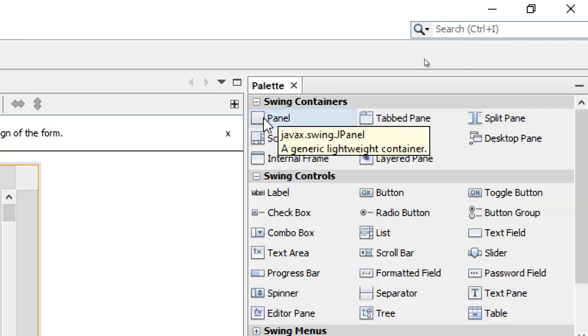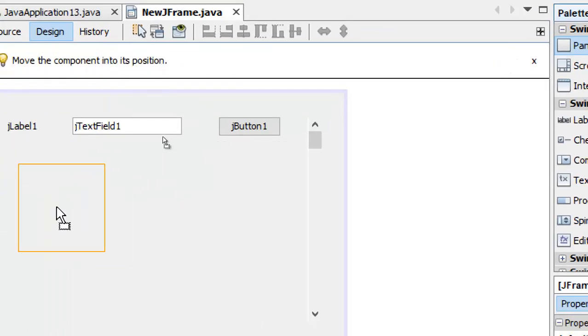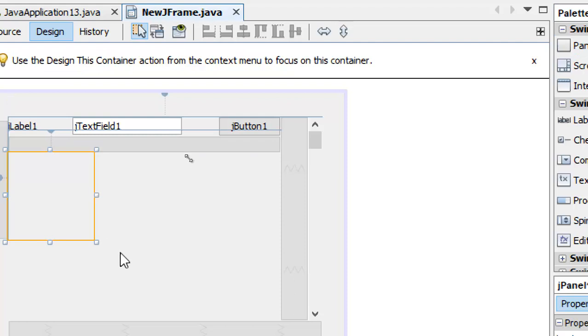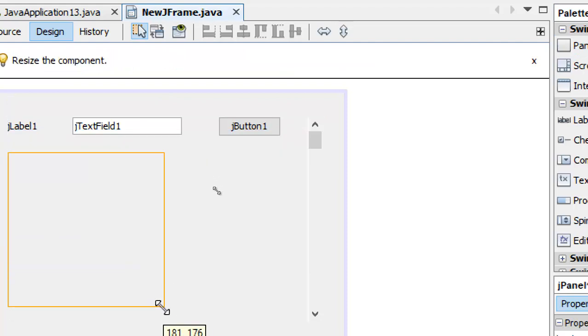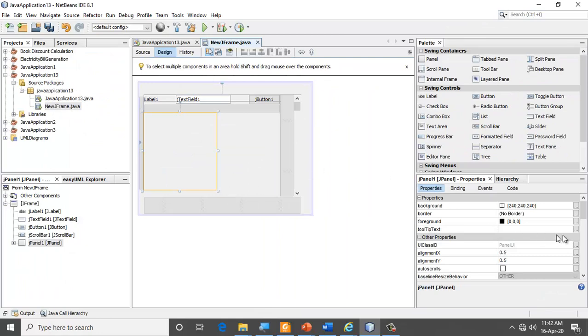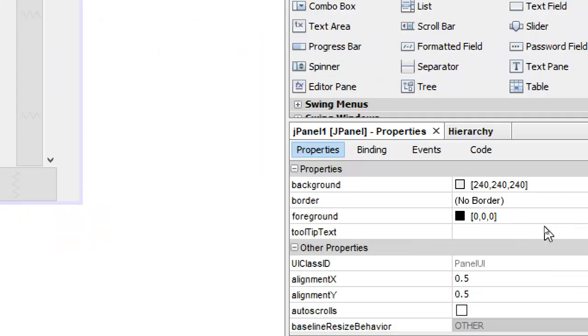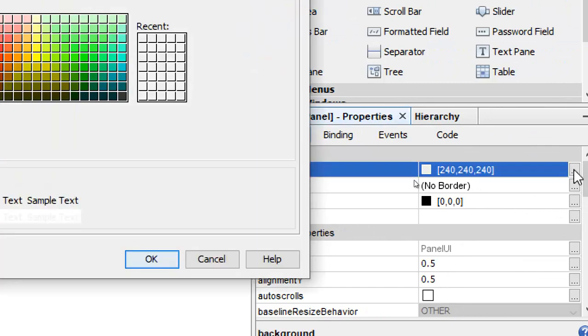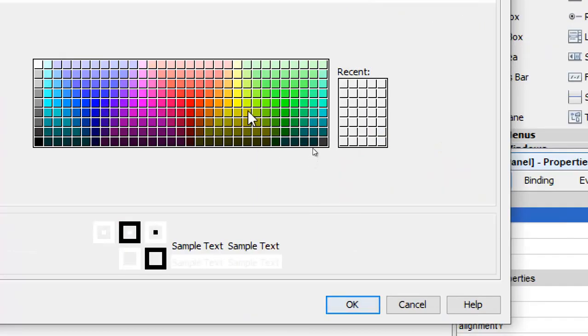I'm going to drag one panel and place it here. So I have dragged a panel, which is a container, inside my main container, which is a J-frame. Now just to distinguish between this and the other, I'm going to set its background color, just to make you feel that one container is inside the other container.